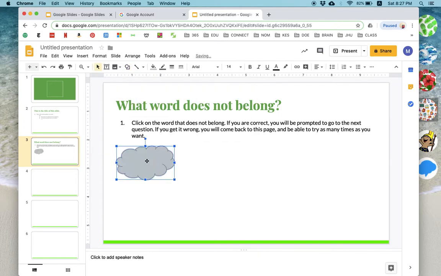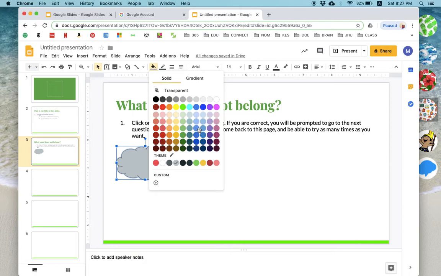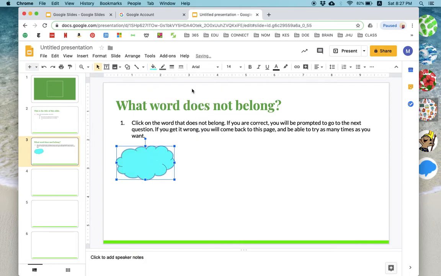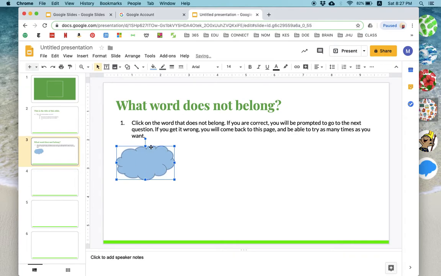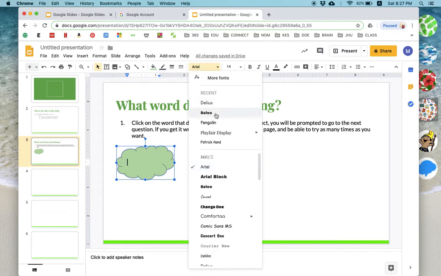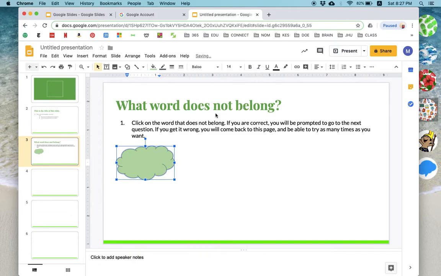So I'm going to create my clouds, and maybe I want to edit it so I can make those clouds those nice colors, but we have a green theme going, so we'll do that. And let's say that I decide to change the font and I want to make different words. Okay, let's do nouns versus verbs. So dog. And maybe I want to center that so I can align it like a regular Word document or